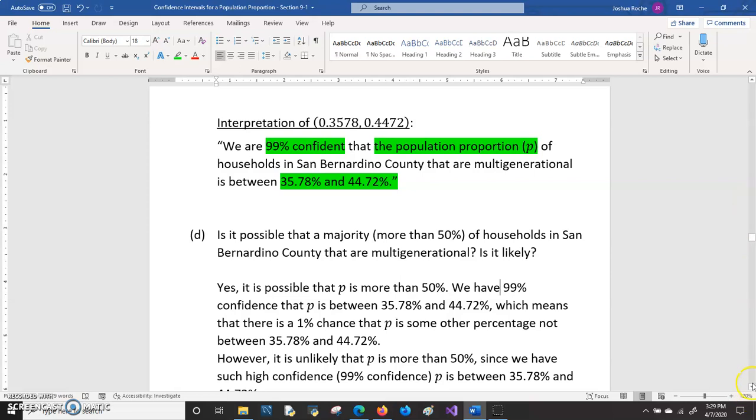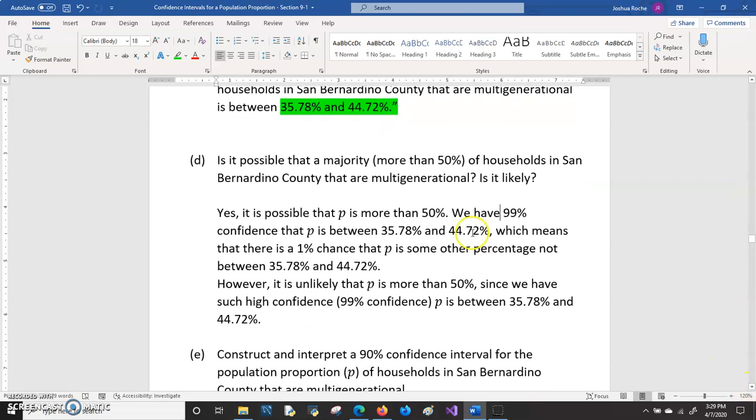Part D is going to refer to that result we just got. It asks, is it possible that a majority, more than 50% of households in San Bernardino County, are multi-generational, and is it likely? Well, on the one hand, it is possible that P is more than 50%. We have 99% confidence that P is between 35 and 44%, but it's 99% confidence, and that means that there's a 1% chance that P is some other percentage not between